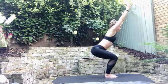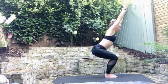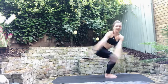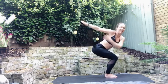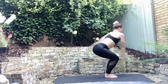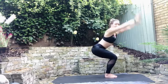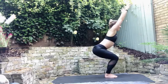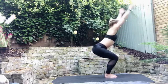Breathing in. And as you exhale, sweep, swoosh anything unwanted with your arms away to the right hand side. Inhale, center. Exhale, sweep anything away to the left. Center, right, center, left, center, right. Keep that bum sitting down. Left, last one. Right,